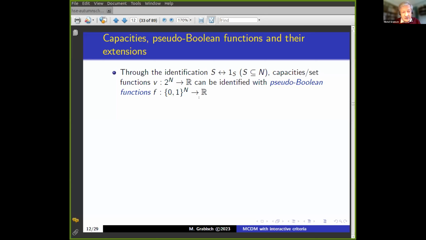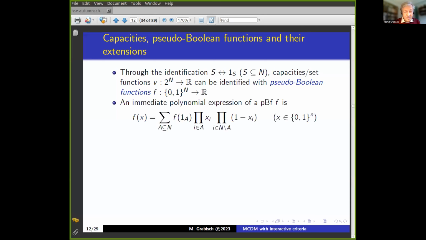It's exactly the same object, but written differently. So instead of a set function V of S, you consider a numerical function F taking as input only 0, 1 vectors. Suppose you have this pseudo-Boolean function, defined only on the vertices of the hypercube,